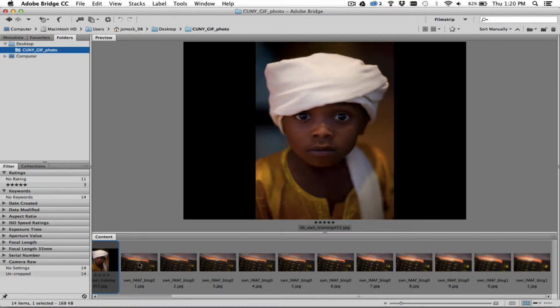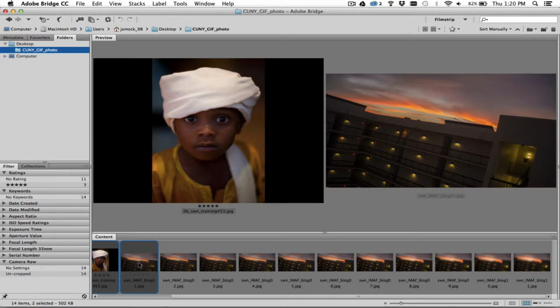But before we get there, I want to point something out to you. So here are two images, both from different photo series, photo GIFs I'm going to create. The one on the left is from a series of portraits of children in Libya. And I didn't really, at the time, intend to use this at all as a GIF, and I shot verticals. And obviously you see a lot of vertical photographs. You see a lot of mobile phone, particularly amateur mobile phone video shot vertically. Verticals create a lot of problems in terms of design and page layout. So what I would suggest for GIFs right off the bat, if you're shooting video with your phone, if you're shooting photographs,